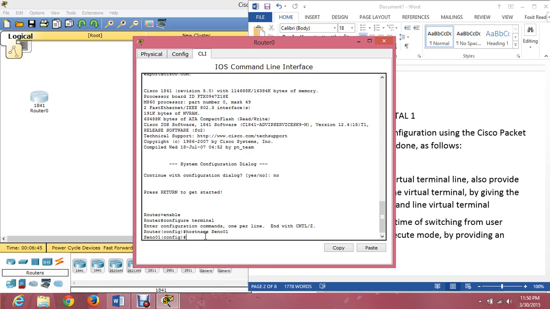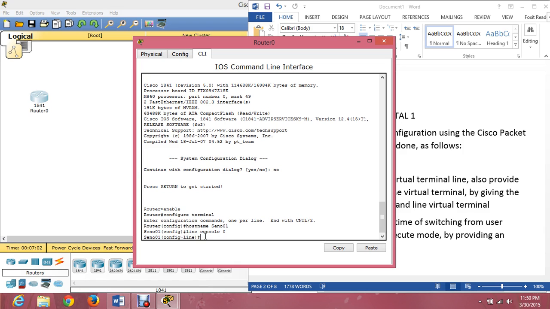To create a line console, just type line space console space the number of the line console. We just need one line console, that is 0. Enter.